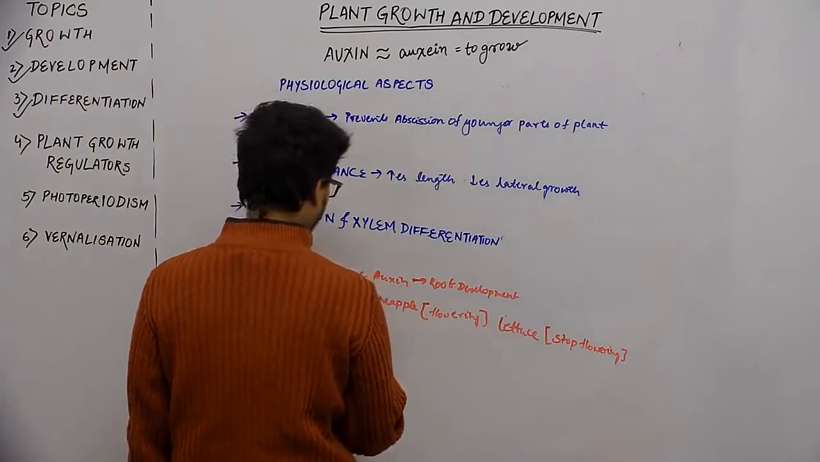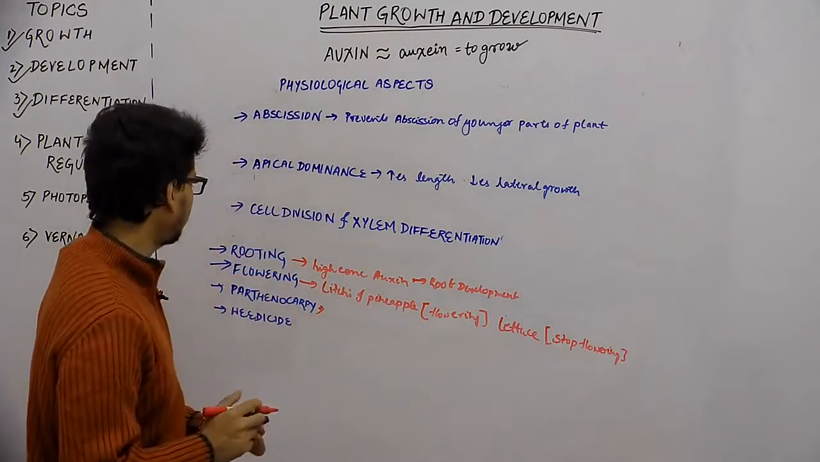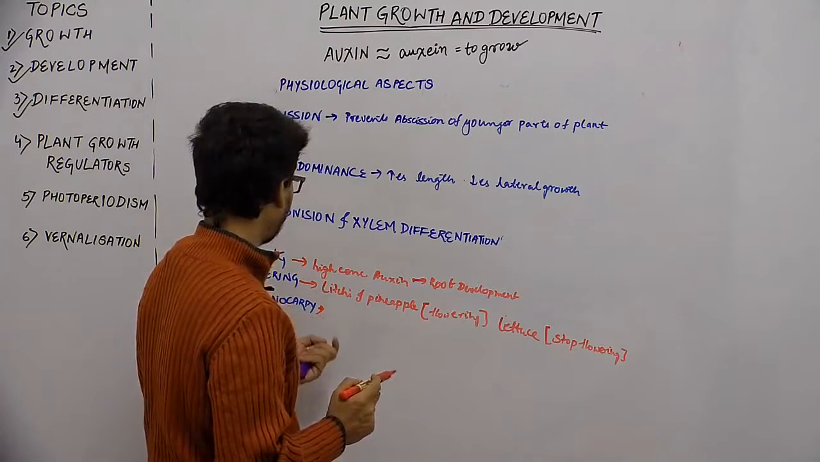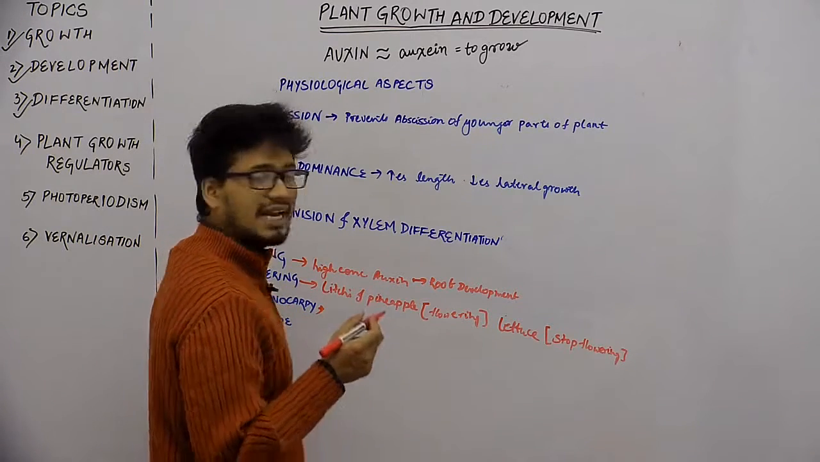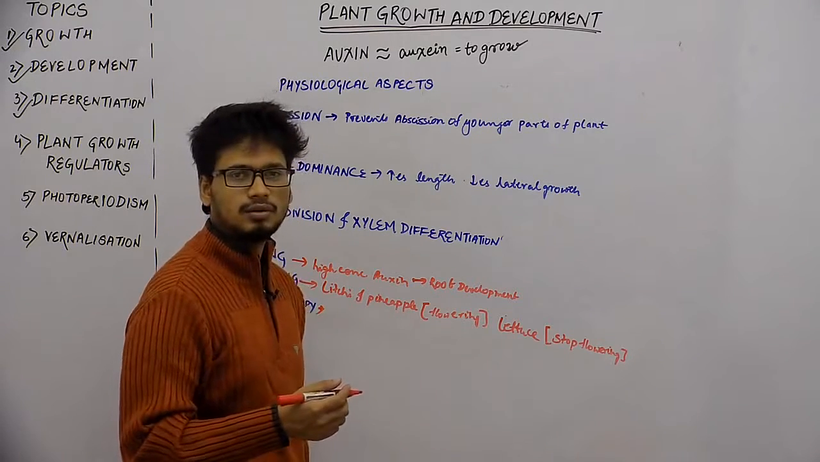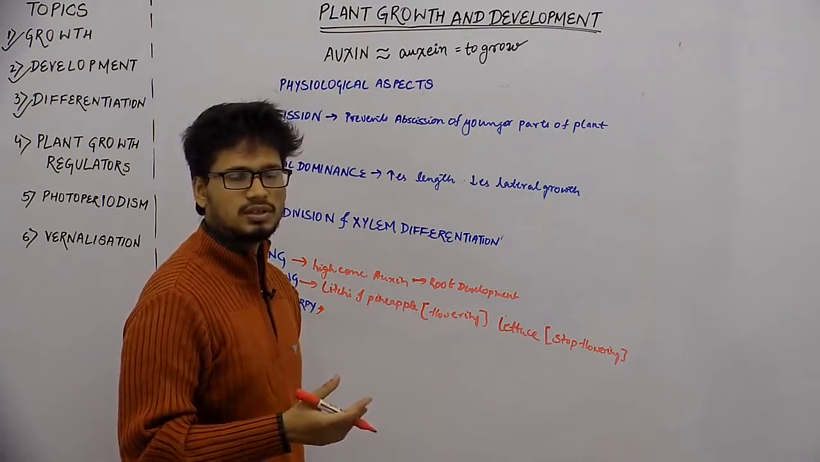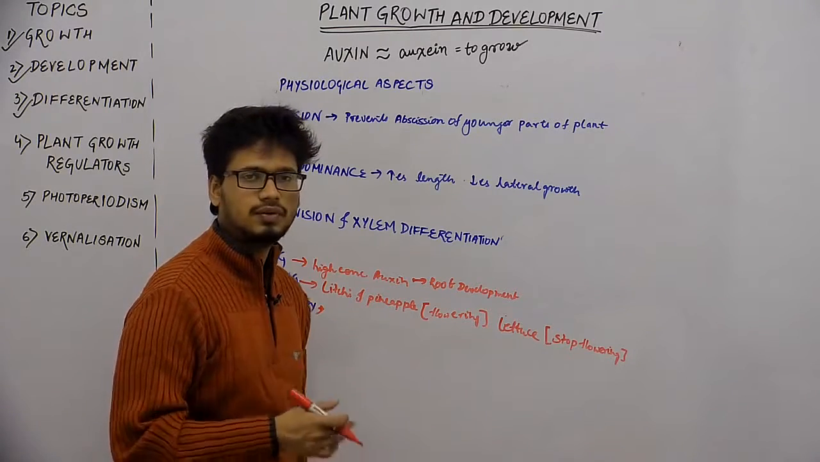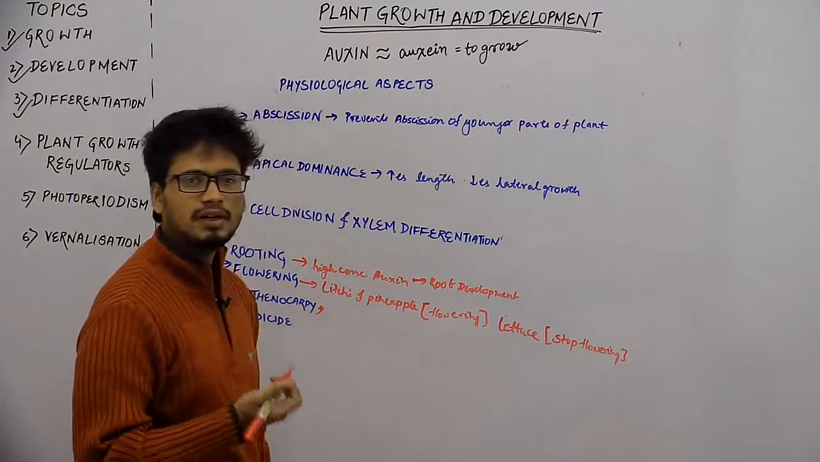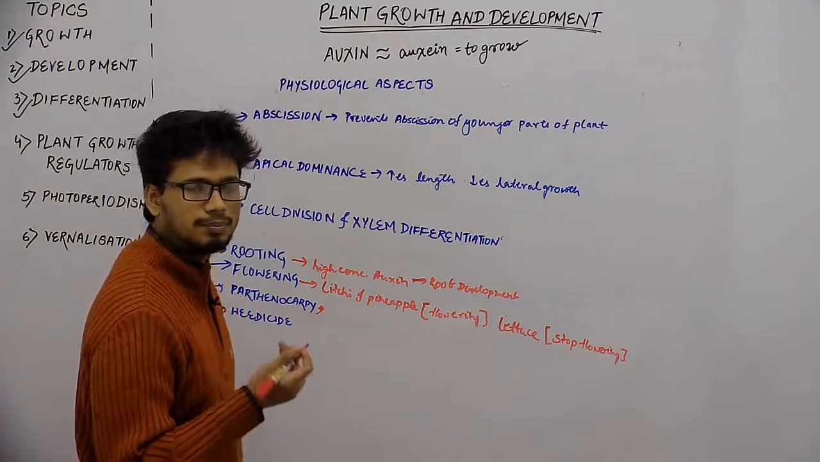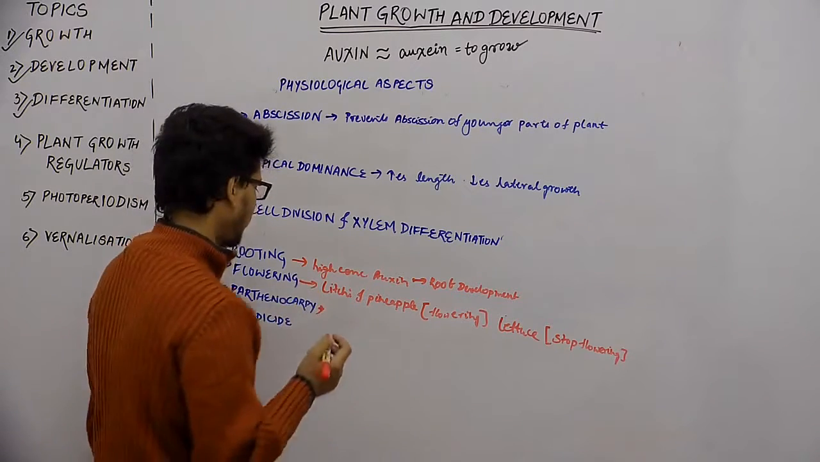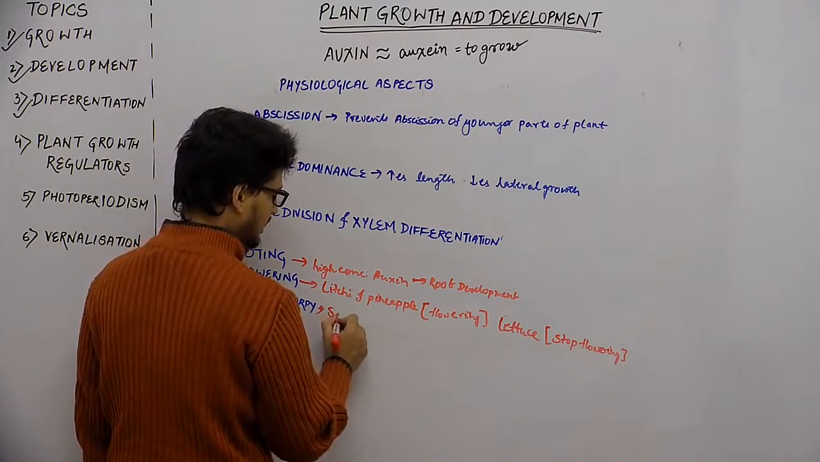Now coming to parthenocarpy. In parthenocarpy, if we want to develop, let's say, a seedless variety of fruits or vegetables, like a seedless variety of tomato or banana, then we use parthenocarpy. And the best thing to make parthenocarpy successful is auxin. So auxin is used for a seedless variety